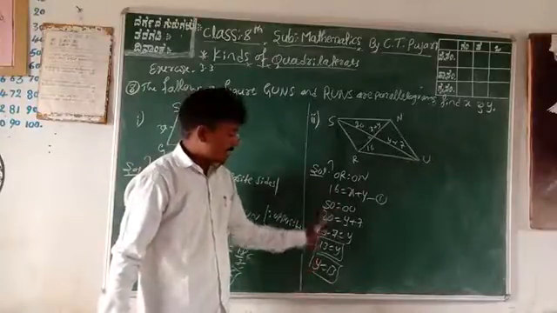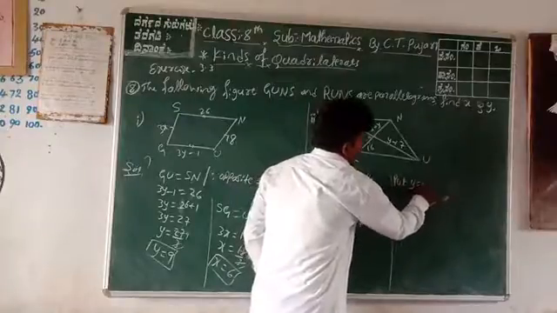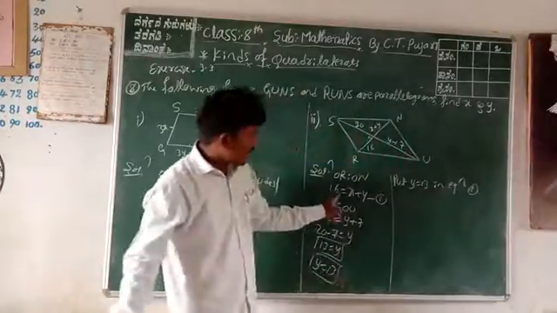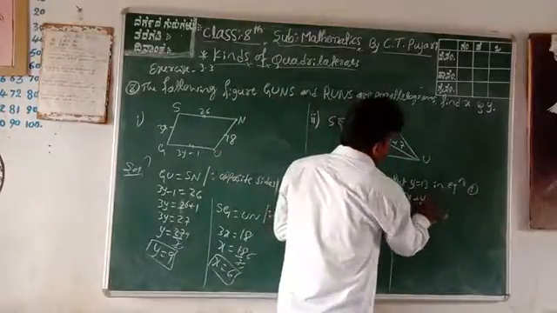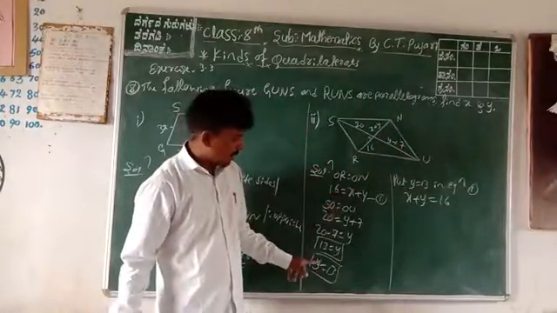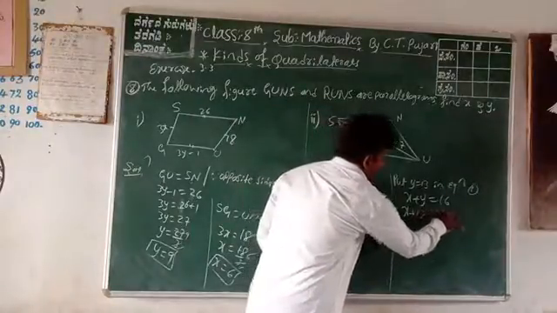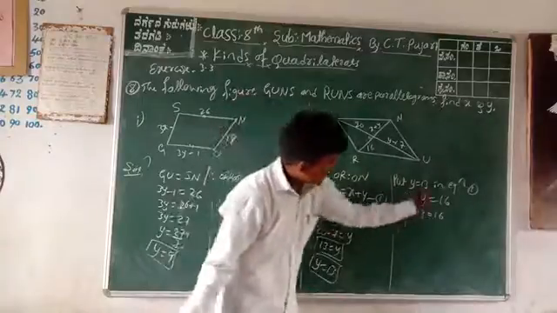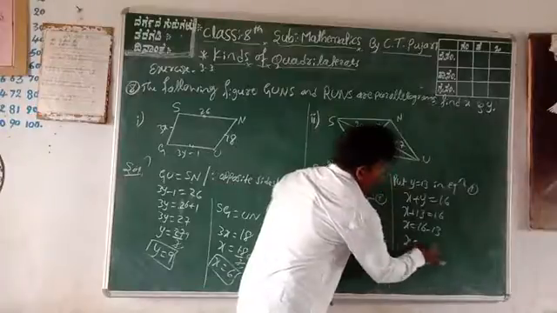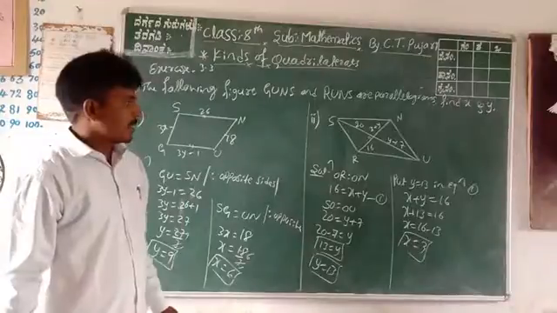Put y value 13 in equation 1. Therefore, put y is equal to 13 in equation 1. Equation 1 is what? X plus y is equal to 16. Therefore, you can find out x value. Given y is 13. Therefore, x plus 13 is equal to 16. Next, you can take 13 to this side, that is minus, x is equal to 16 minus 13. Therefore, x value is what? Only 3. X value is 3. Got it?